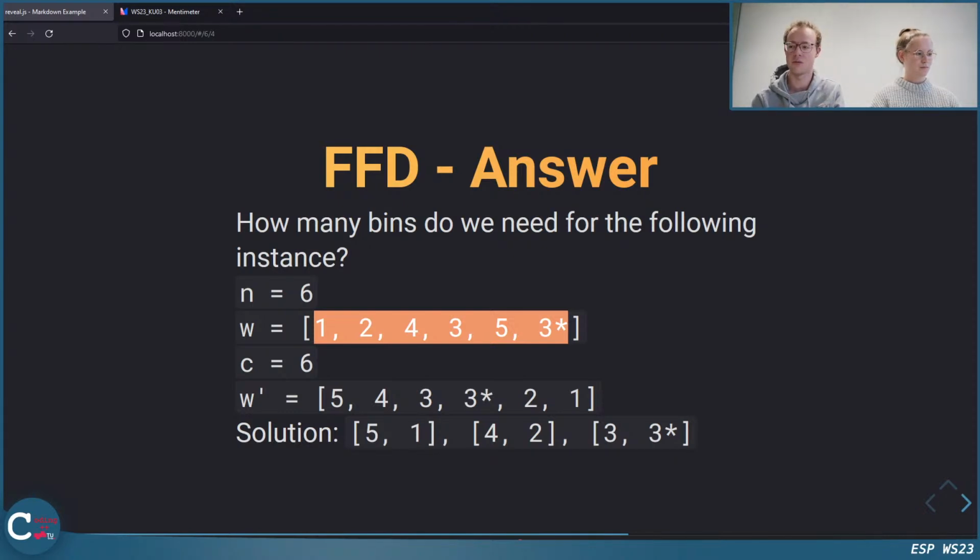Why, and that might also clarify why someone would use next fit or first fit instead of first fit decreasing. Because for some applications you cannot use first fit decreasing.